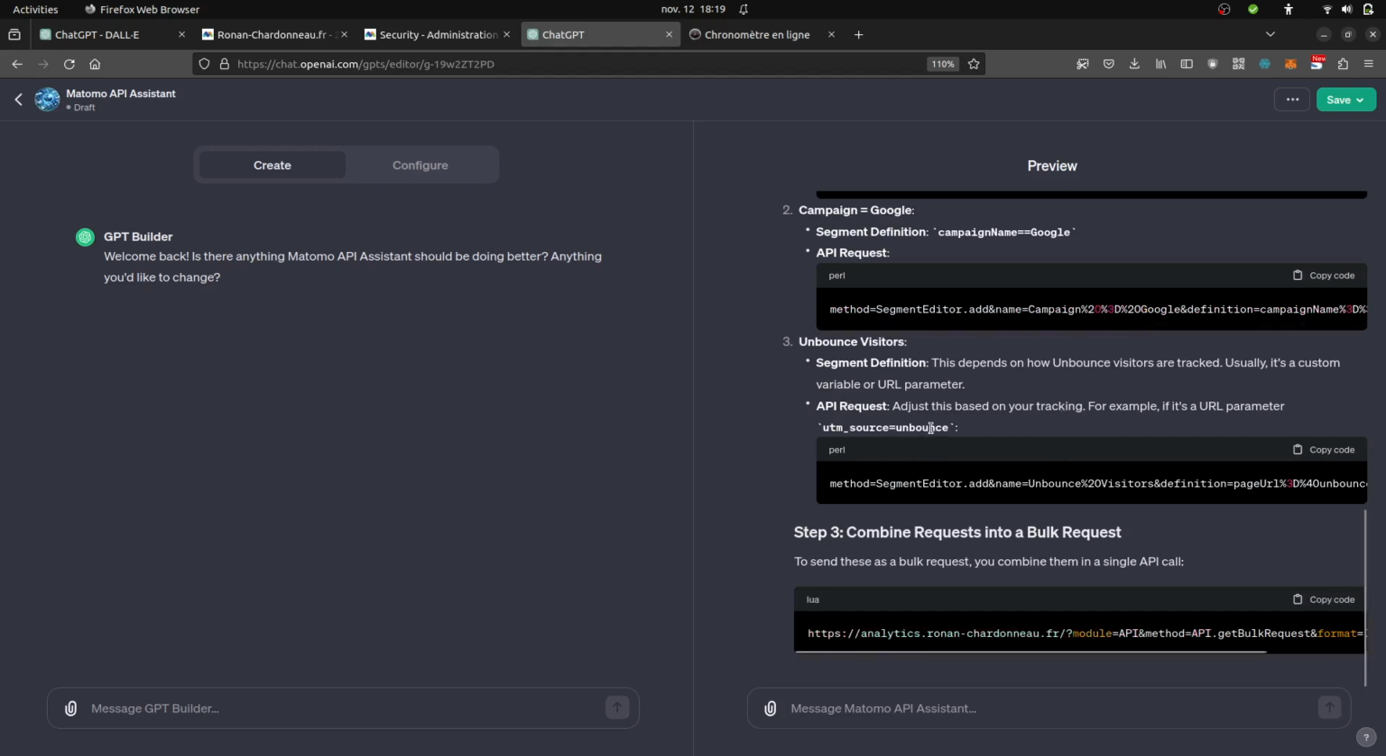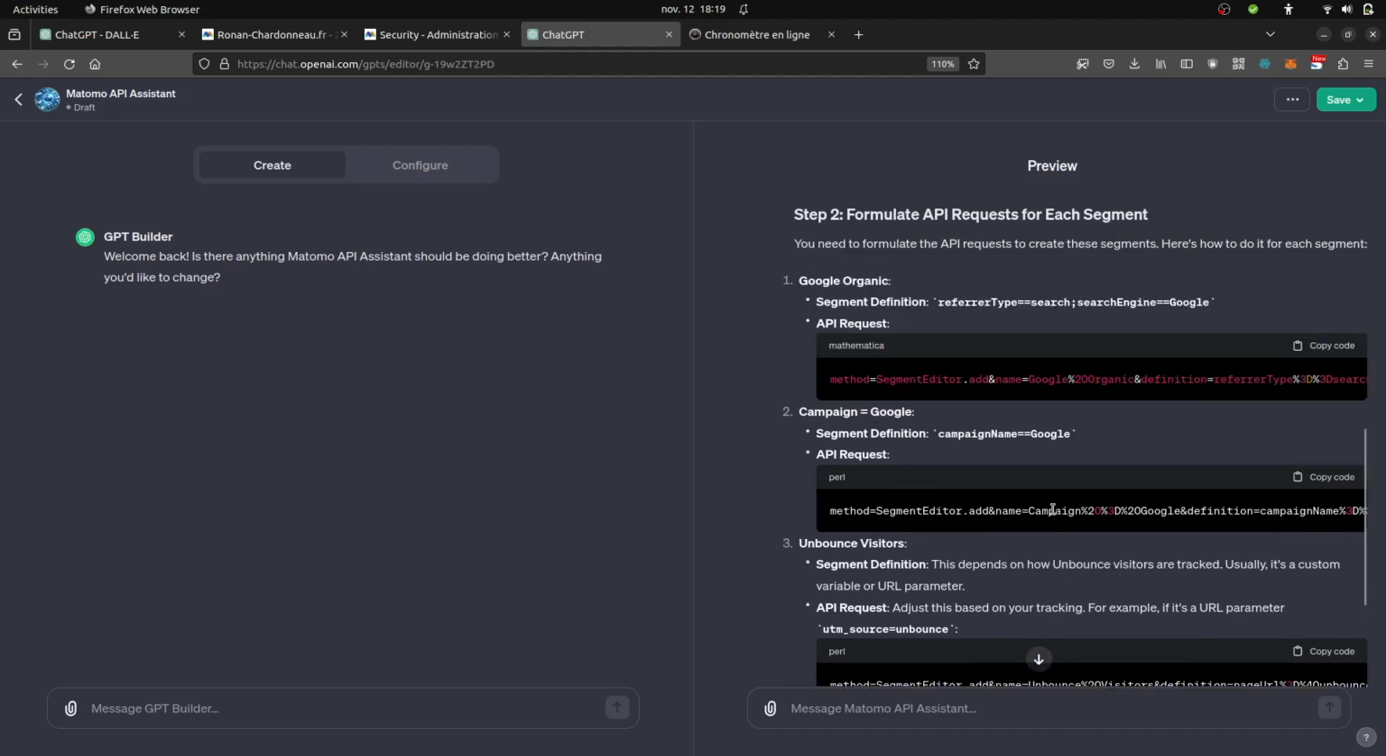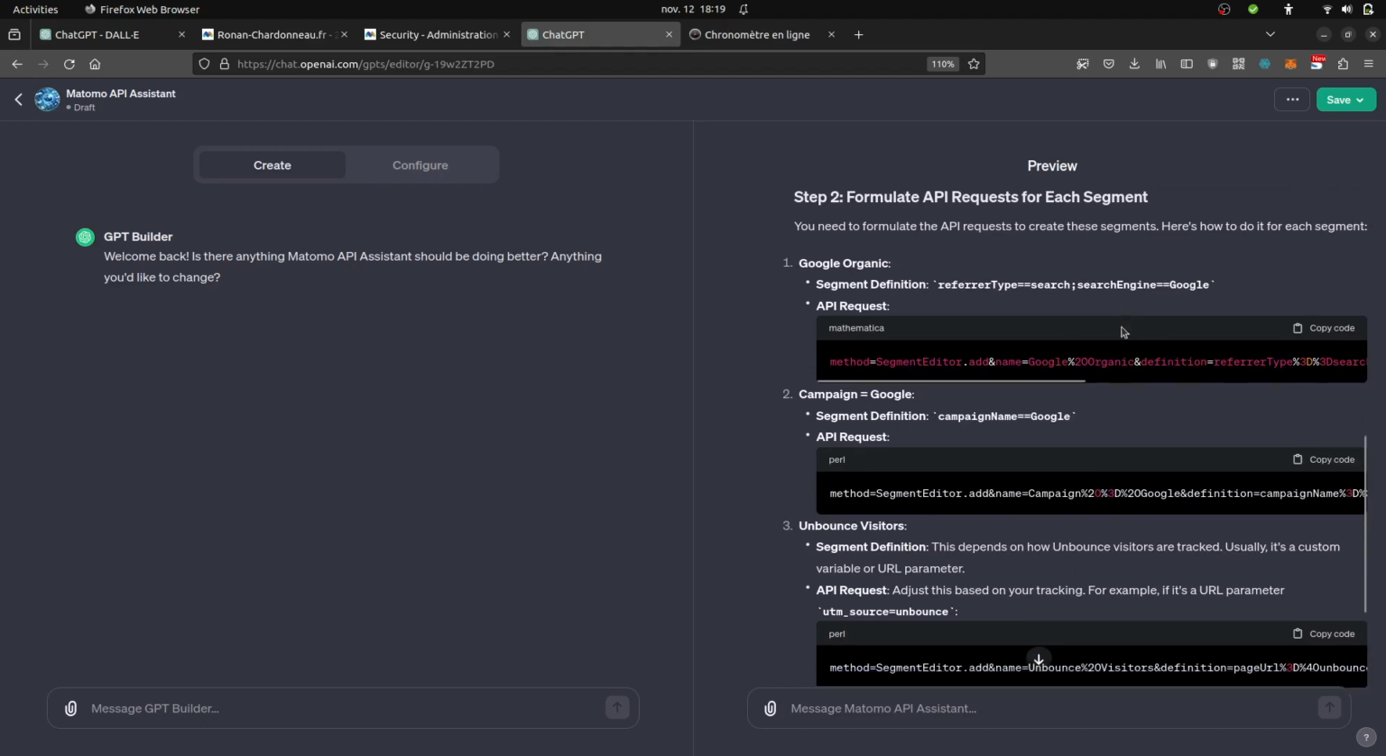Here, UTM source equals unbounds. That's not good. That's not good at all. So here, at the end of the day, of course, the bulk request is not going to be of quality. So I know already that it is wrong. Okay, so I'm going to change the stuff and say, hey,